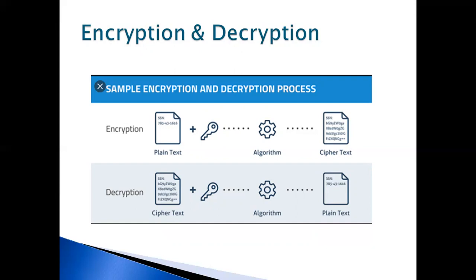For that purpose, we have to convert our plain text into ciphertext. Ciphertext is nothing but encoded data that is not readable by humans. For encryption, we can use different kinds of algorithms plus a key for generation of the ciphertext. And whenever we are retrieving the data from the database, we can convert that ciphertext into plain text. This process is called decryption. So this is one method for storing the information securely in the database.